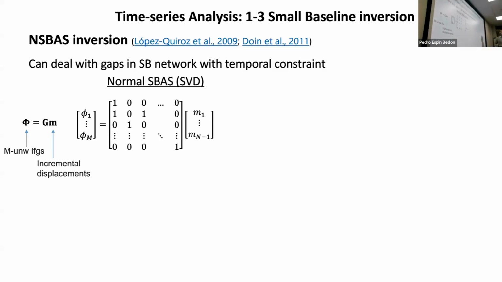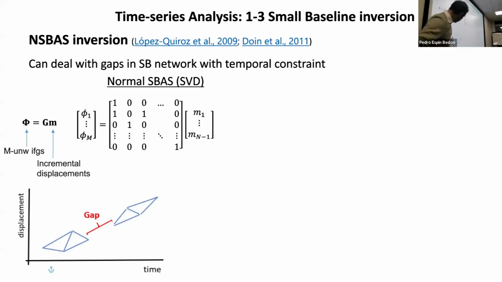So this set of equations can easily be solved using a least square inversion or SVD inversion without any problem, right? The problem is when we have some gaps in the time series. This could be an acquisition gap, or snow cover at some point in time, or decorrelation due to vegetation and so on. Then it is very likely to have some gaps in the time series for some pixels. If you have gaps in the time series,